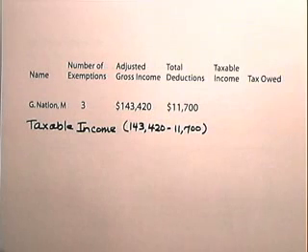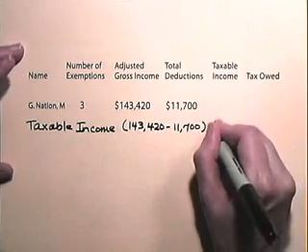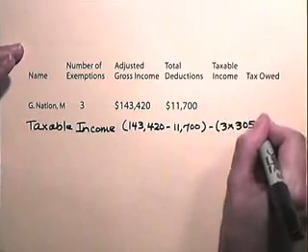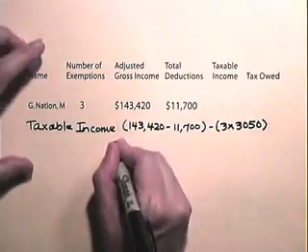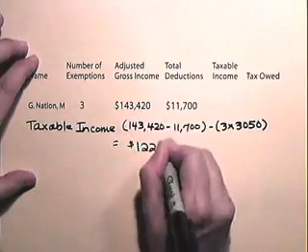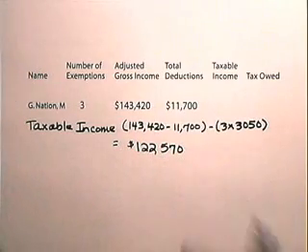He has 3 exemptions, and personal exemptions are $3,050 times the number of exemptions. So we're going to subtract 3 times $3,050. So his taxable income will be $122,570. Taxable income, $122,570. In order to find his tax owed,